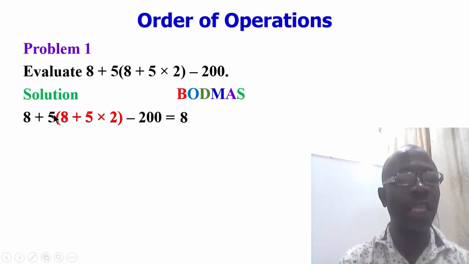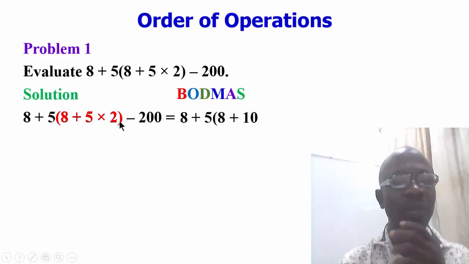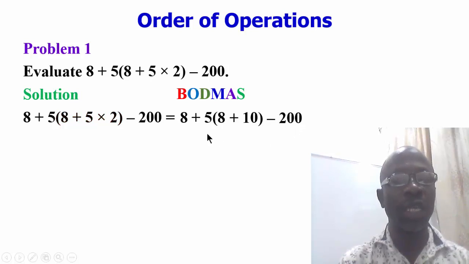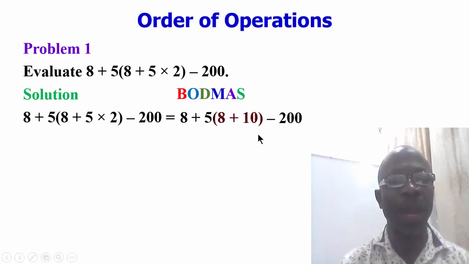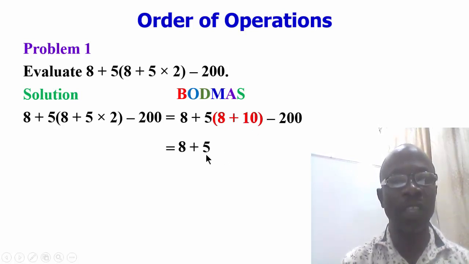Therefore, we have our 8 plus 5, then open bracket, 8 plus 10. Since 5 times 2 gives 10, we close the bracket, minus 200. Then the next thing here now, we still go further to finish completely what we have inside the bracket. So we have 8 plus 5, then 8 plus 10 gives 18, and this bracket means multiplication. So we are going to have it as times